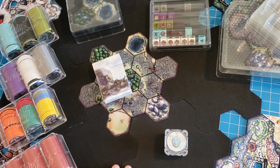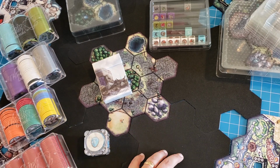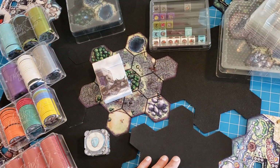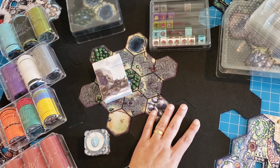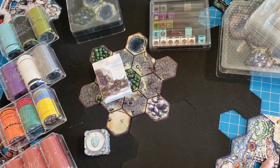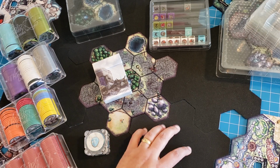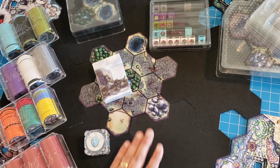If you were to ever play this game out at a venue or something, I guarantee you everybody is going to stop by and be like, what is going on here? What is this? The main board is made of these neoprene mats. Again, they add insane durability, but they have this non-stick rubber backing, so they don't really move around